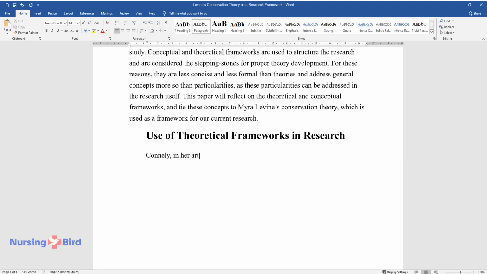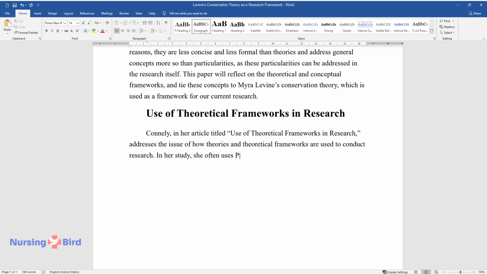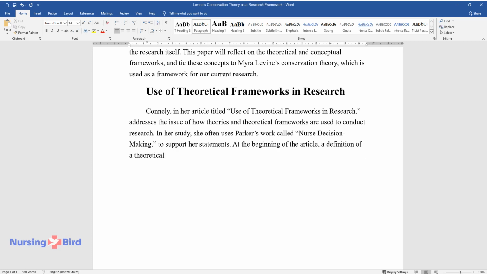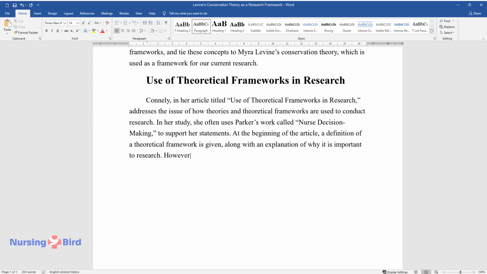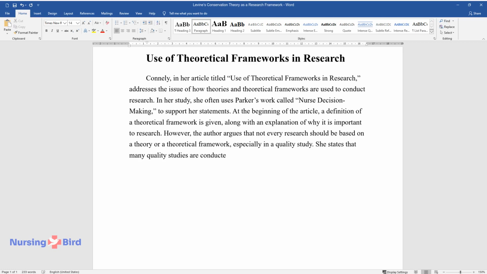Connelly, in her article titled Use of Theoretical Frameworks in Research, addresses the issue of how theories and theoretical frameworks are used to conduct research. In her study, she often uses Parker's work called nurse decision-making to support her statements. At the beginning of the article, a definition of a theoretical framework is given, along with an explanation of why it is important to research. However, the author argues that not every research should be based on a theory or a theoretical framework, especially in a quality study. She states that many quality studies are conducted with an ambition to generate new theories rather than